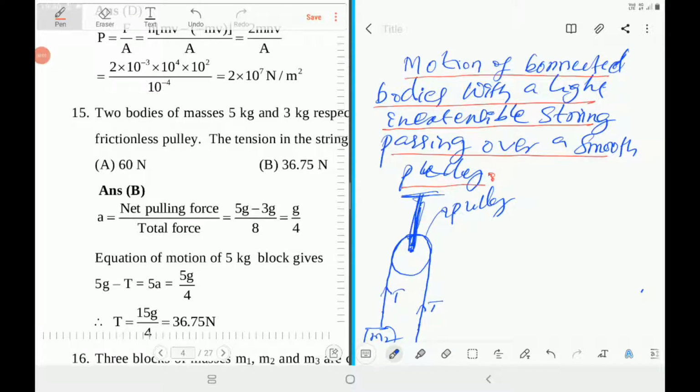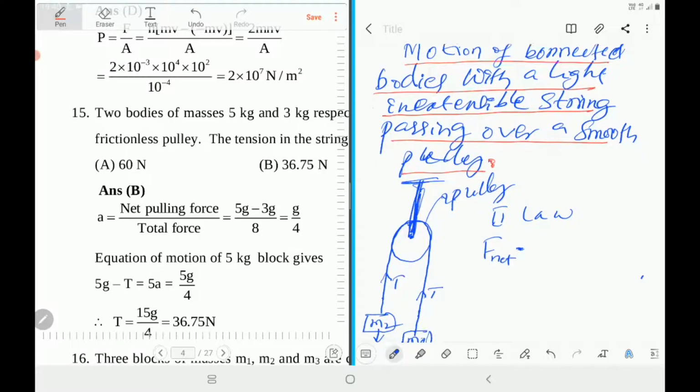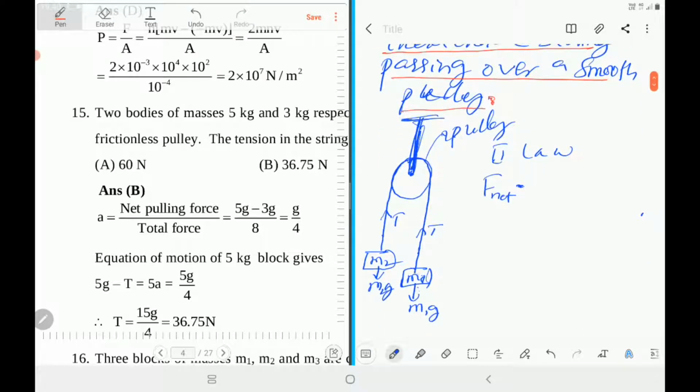Yes, students, next is the pulley type problem. Here we'll practice how to write equations of motion by using Newton's second law. You know what is Newton's second law? Second law states net force, not a single force, when a number of forces are acting on a system. What is a system? Here system means two bodies connected by an inextensible string, that is, it does not extend, which passes over a